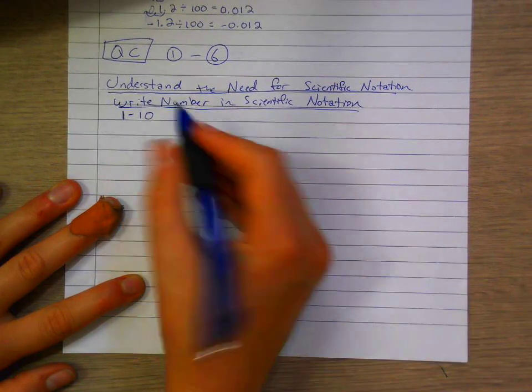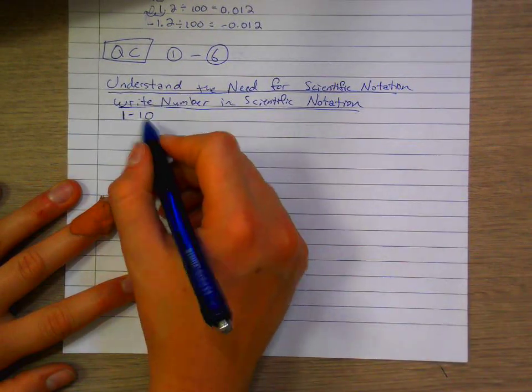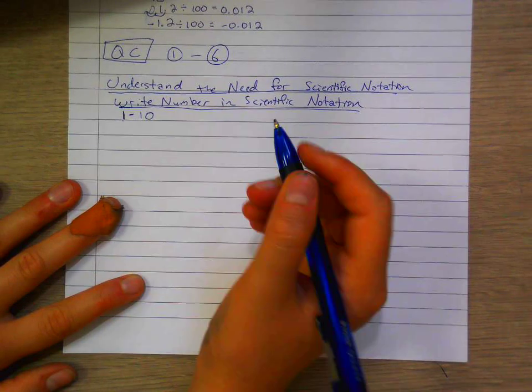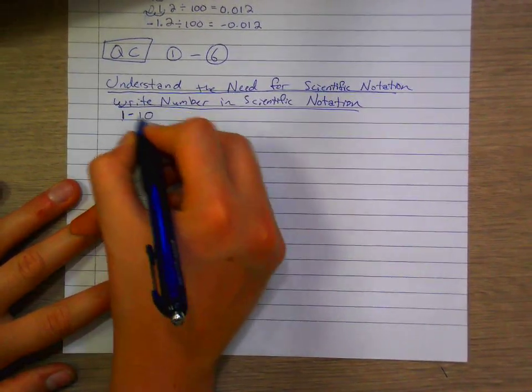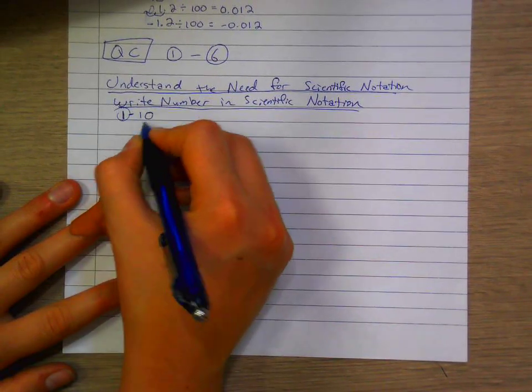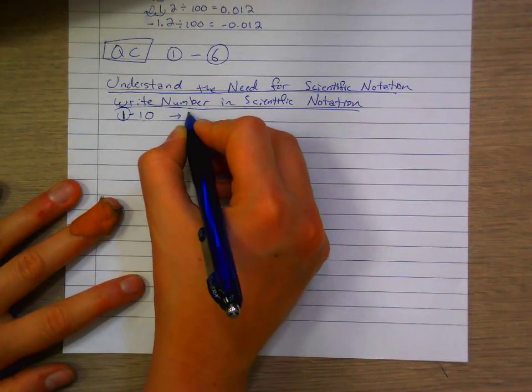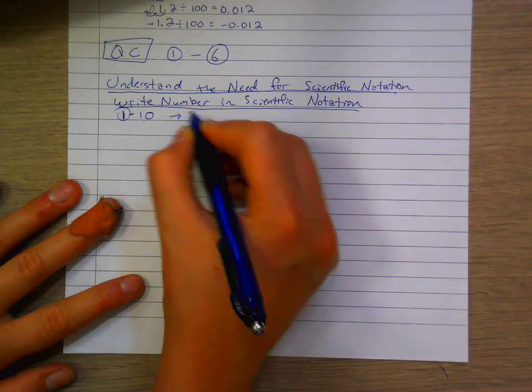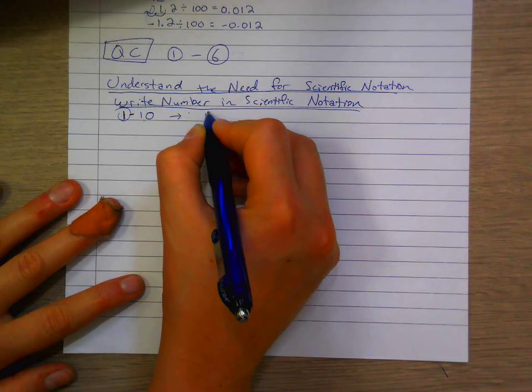So your number can only be from 1 to 10, but it does not include 10. Therefore, it's including 1, not including 10. So it would look more like this. It has to be the number itself. If this is the number, it can be